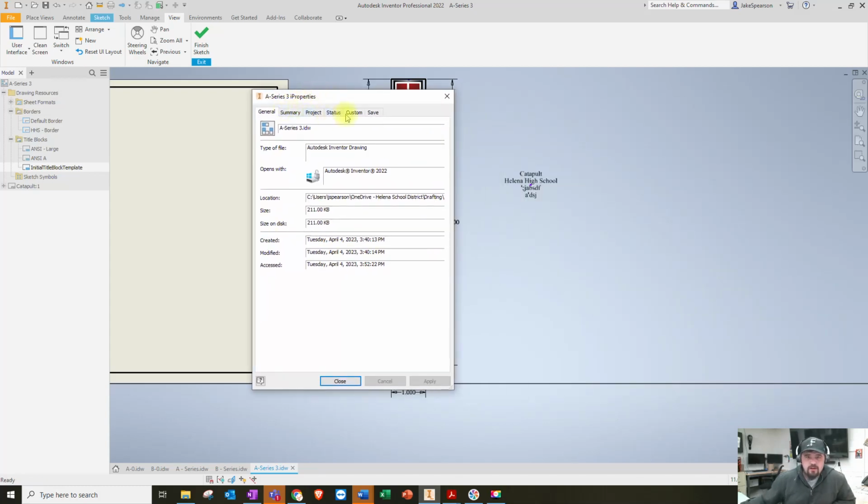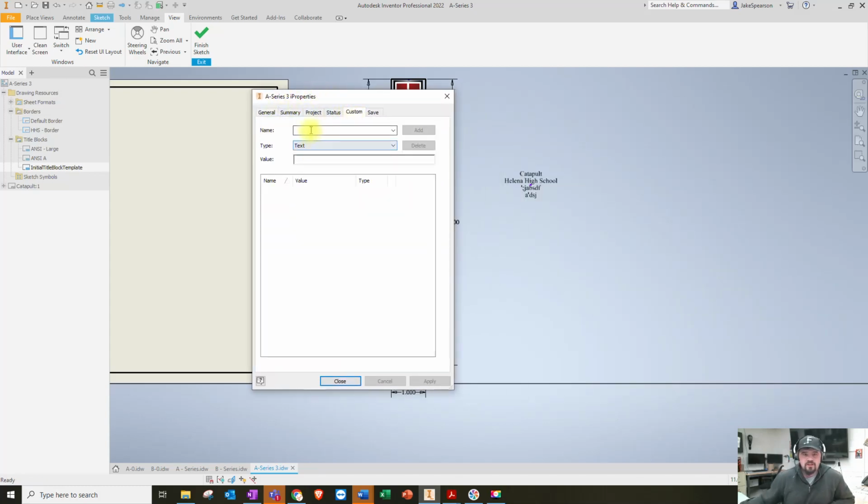Then you're going to go over here and hit custom, and now we're going to start typing in what we want. So this first one is going to be called team name. And the team name, of course, is going to depend on what team you're a part of. I'm going to type in Bengals because that's the school we're going to. Now this one's going to be called component dash part, meaning what is this component and what is this part's name. And we're just going to call it